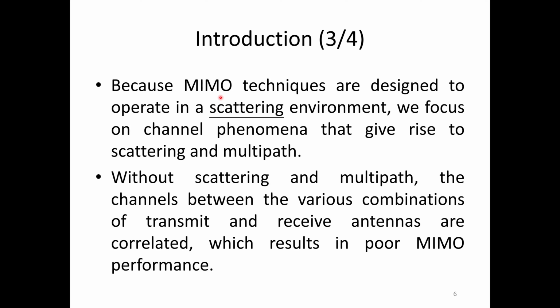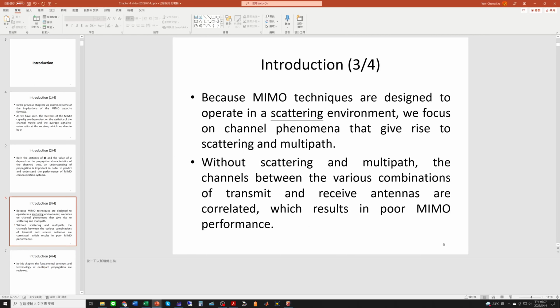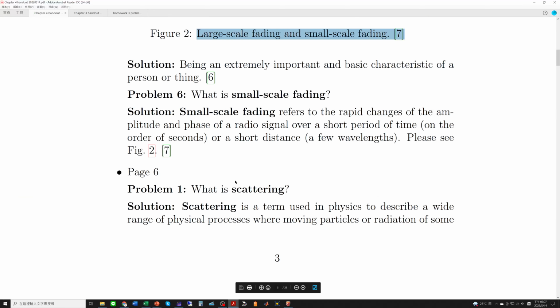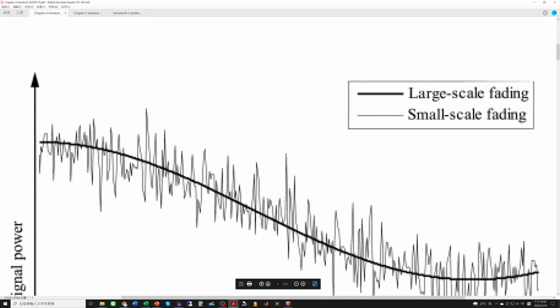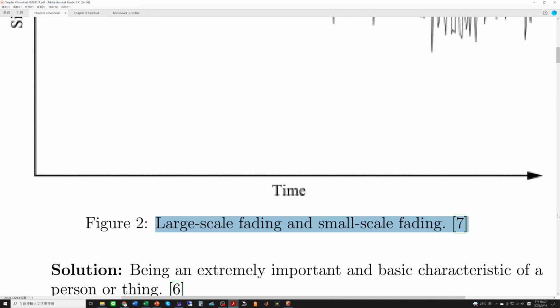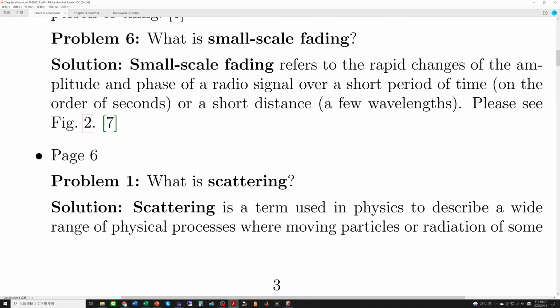Because MIMO techniques are designed to operate in a scattering environment. What is scattering? Let us see the handouts. Page 6, problem 1. What is